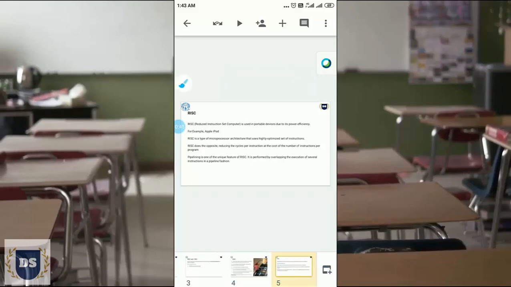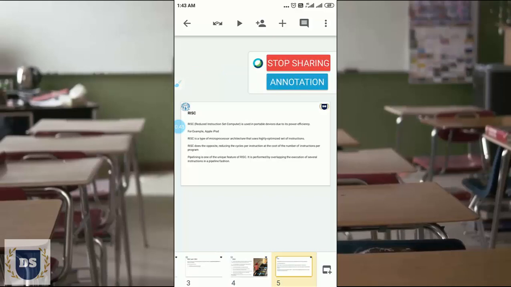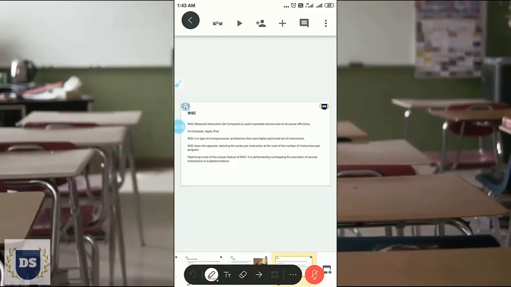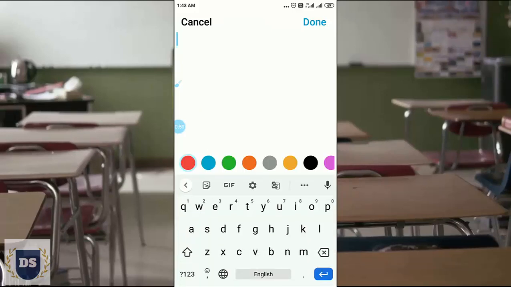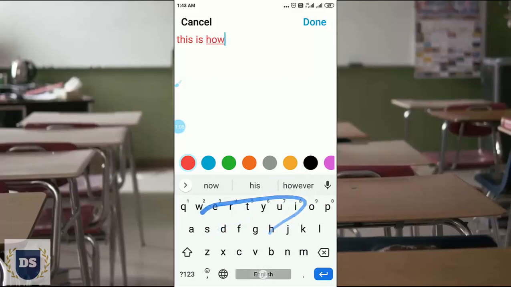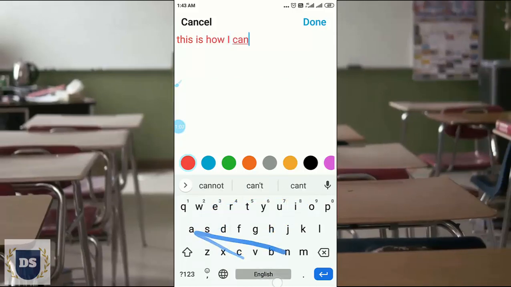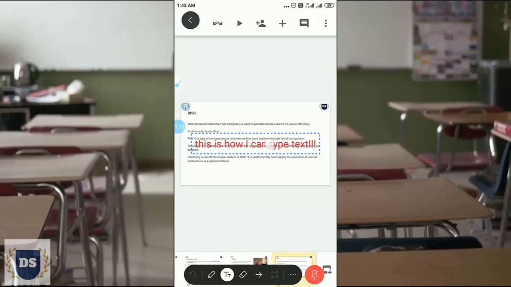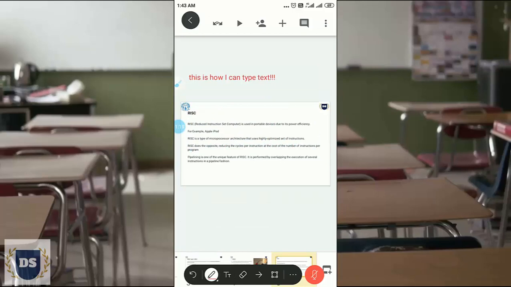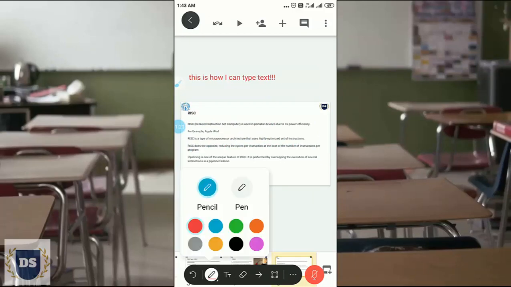If I hit this logo, it has two options to stop sharing, and also it has one more option for annotation. So under annotation, I can annotate my slides where I can type text directly, as well as I can make use of the pen.